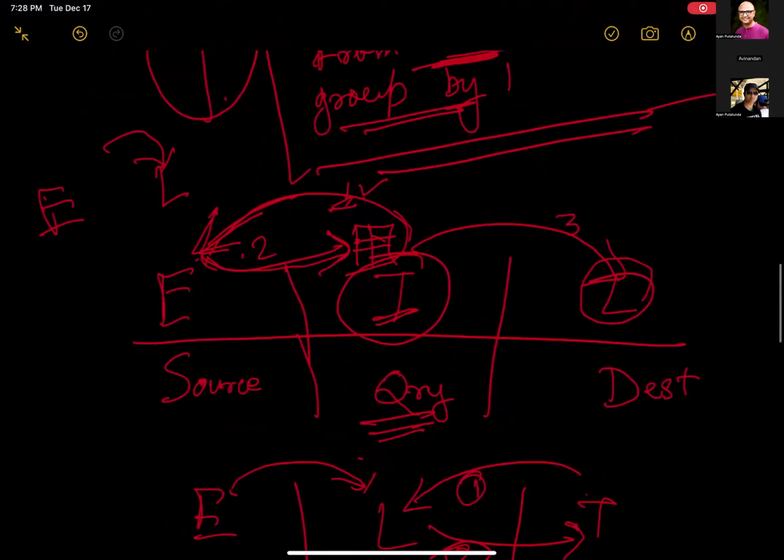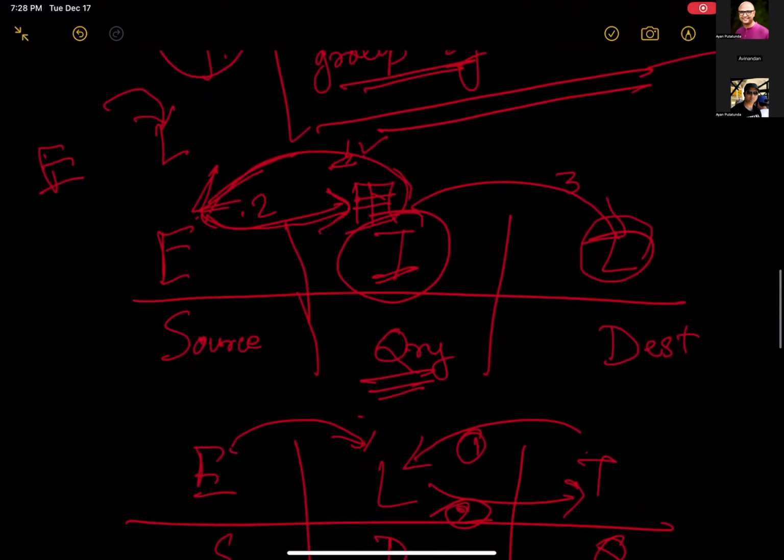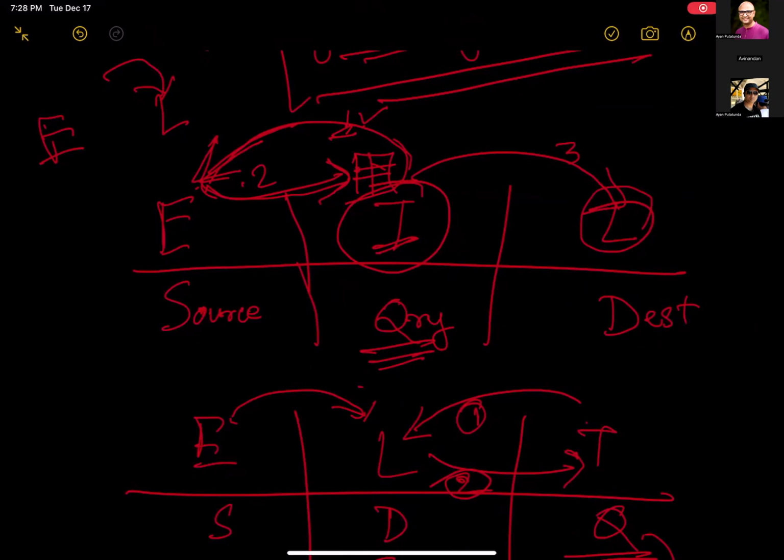So this is step one, two, three of ETL. This is a source, this is query, this is destination. Think of it, instead of transformation in the middle, what happens if I extract all the data and dump it to one target database in the first place? What would be the optimization? The optimization is that